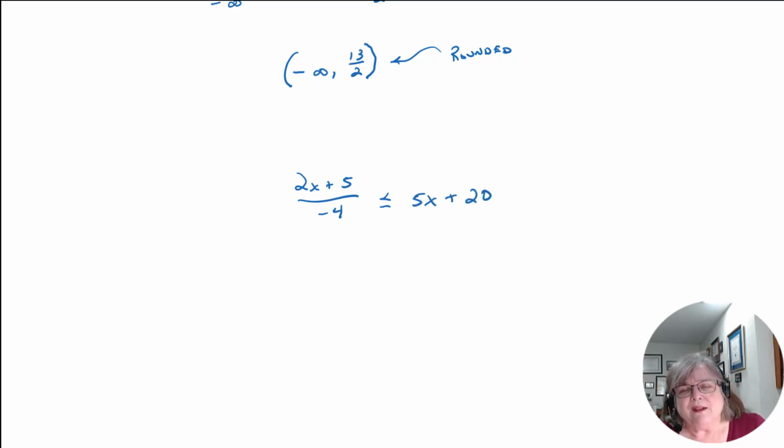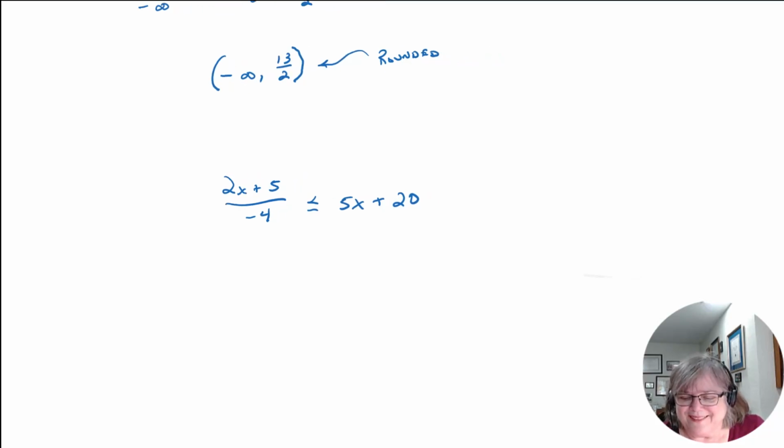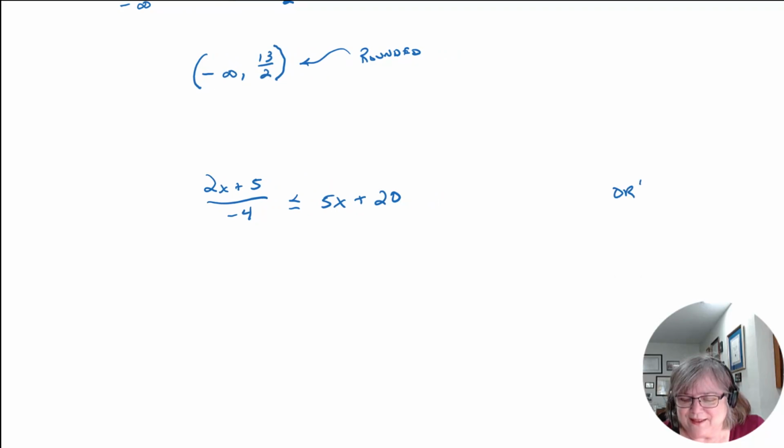Right. Now, this one's a little different. This one says less than or equal to, right? Now, this is not the English or. Okay, let's talk about that for just a second. So the English or